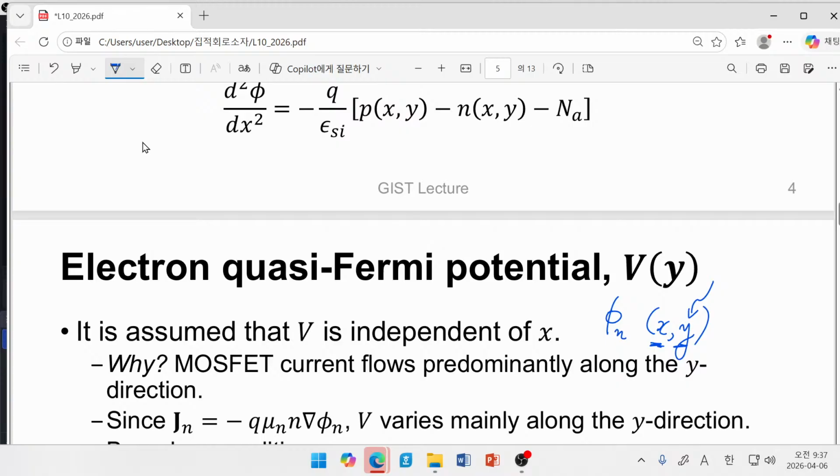So that's the reason why now, instead of this one, we introduce a new notation V. But this is nothing new, it just shows that the channel region shares, at a given y position, a vertical channel region with the same electron quasi-Fermi potential. I'm just writing it down in this way. Do you have any question? I think this is one important thing we have to understand for understanding this